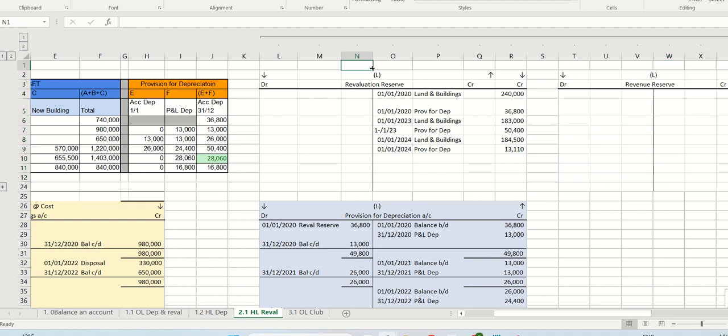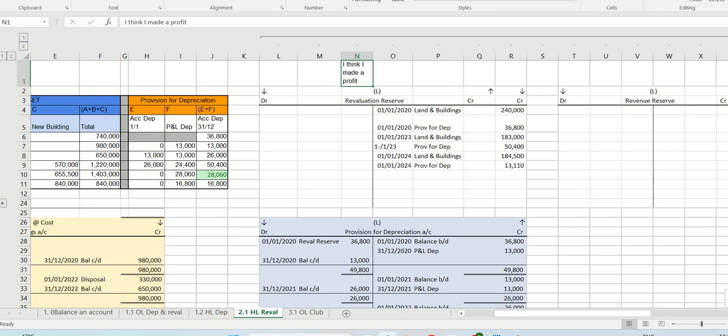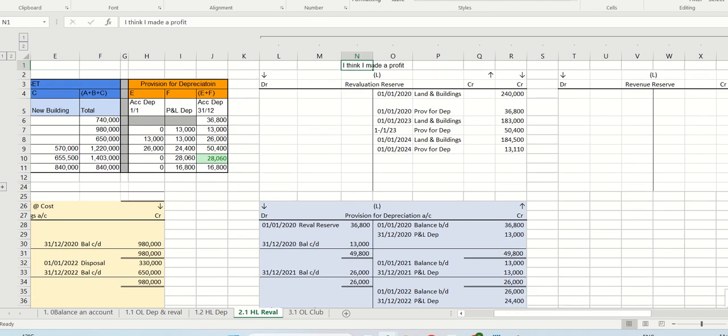So I kind of use that logic in my head. This is the I think I made a profit. This is not accounting language now, guys, and we wouldn't be writing this. I think I made a profit. This is just kind of getting our own heads around it. That's what the revaluation reserve account is. And this one is I know I made a profit